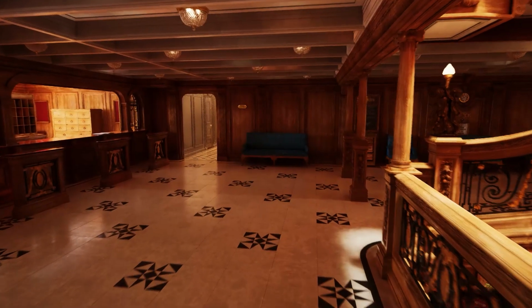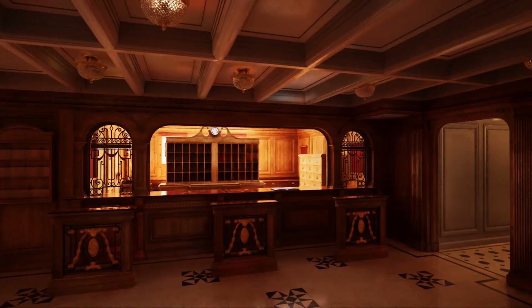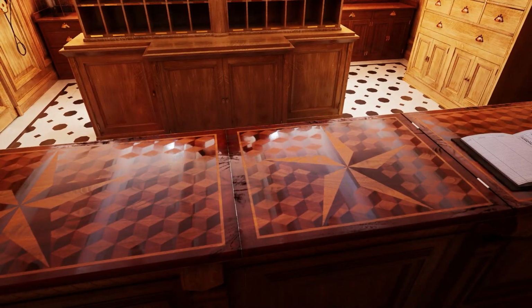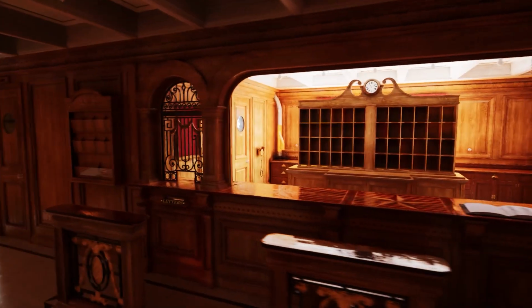Now, here is C deck, and C deck has the first class purser's office. And the purser's office has a few functions. I'm going to give you one example of the things that you can do at the purser's office. You could rent a deck chair, all right? That's about as much facts as I am willing to say I know, because God forbid I get anything wrong. But yeah,